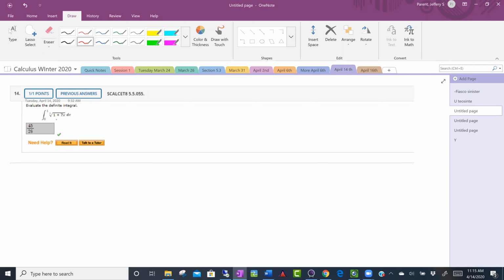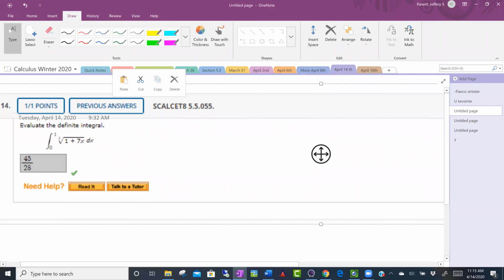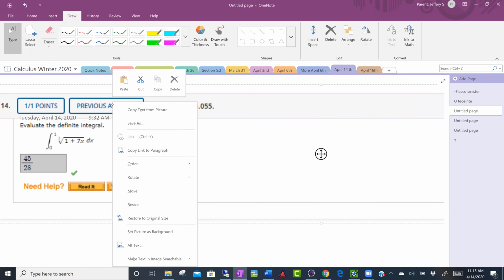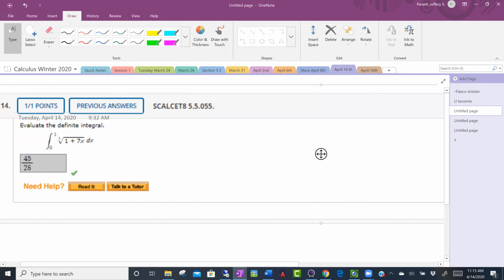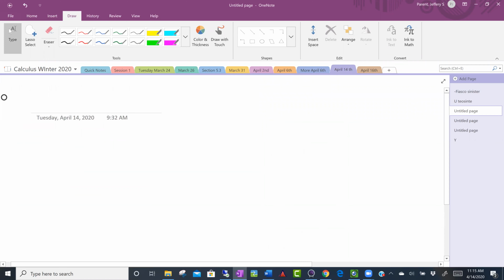Now the problem is that 1 plus 7x term. I think it was 0 to 1 of the cube root of 1 plus 7x